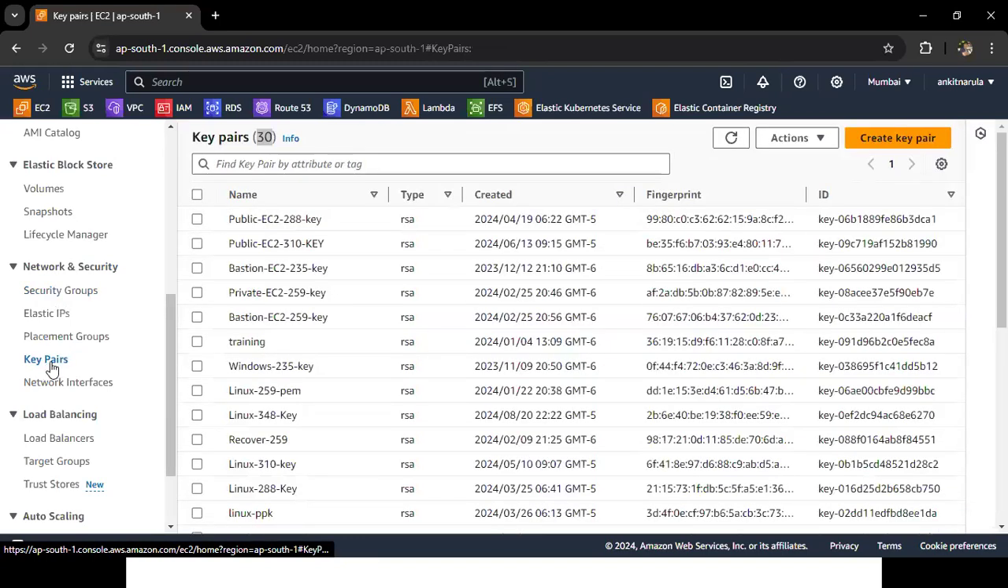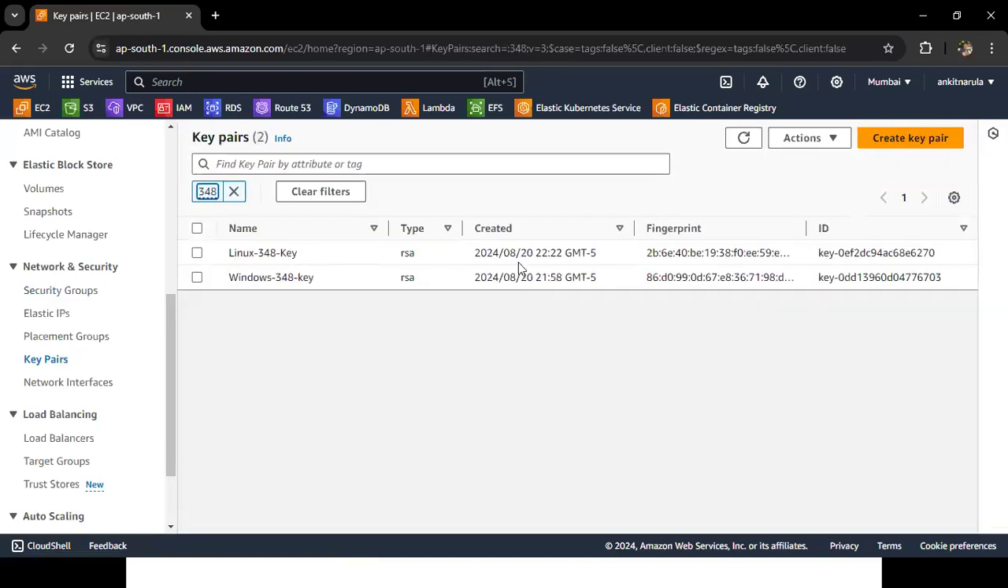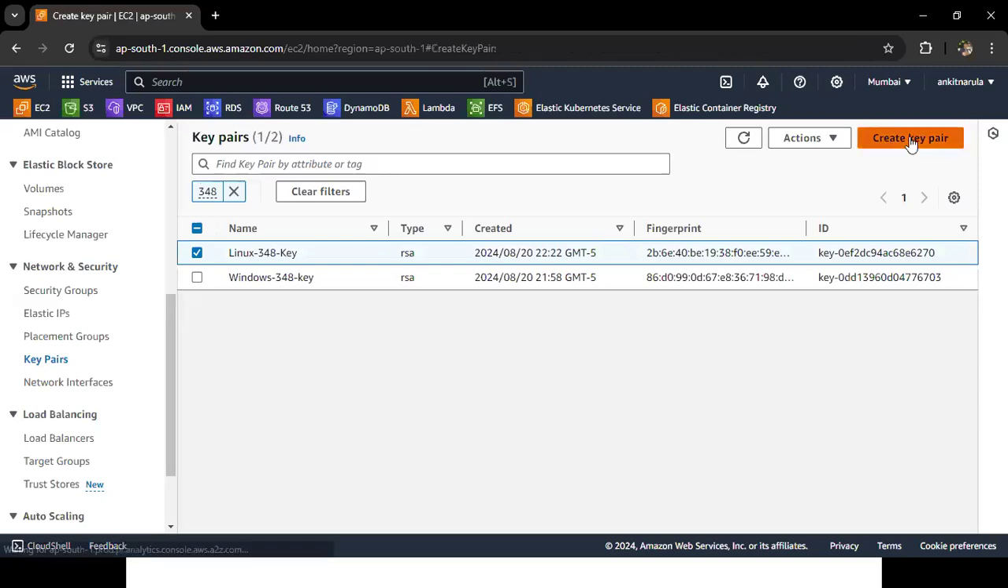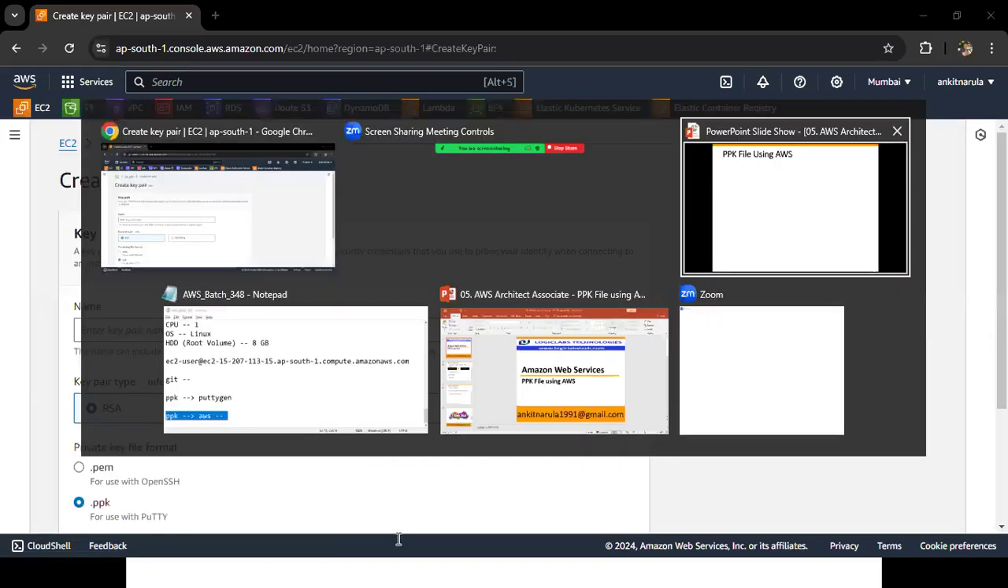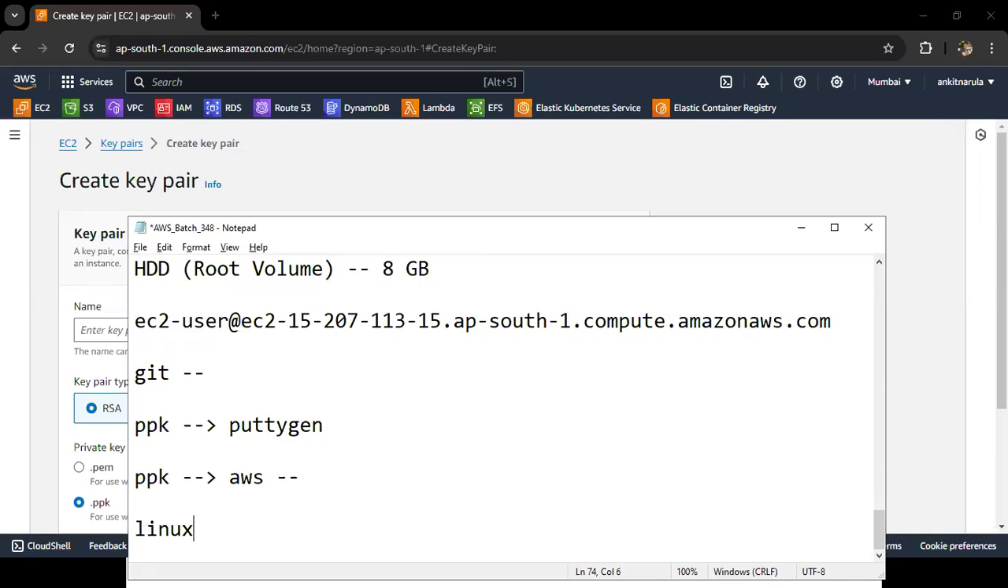So here we have key pairs. Here we can see our one also. The batch number is 348. See the two which we generated yesterday. Here we are. Now click on create key pair. Give the name: Linux 348 hyphen